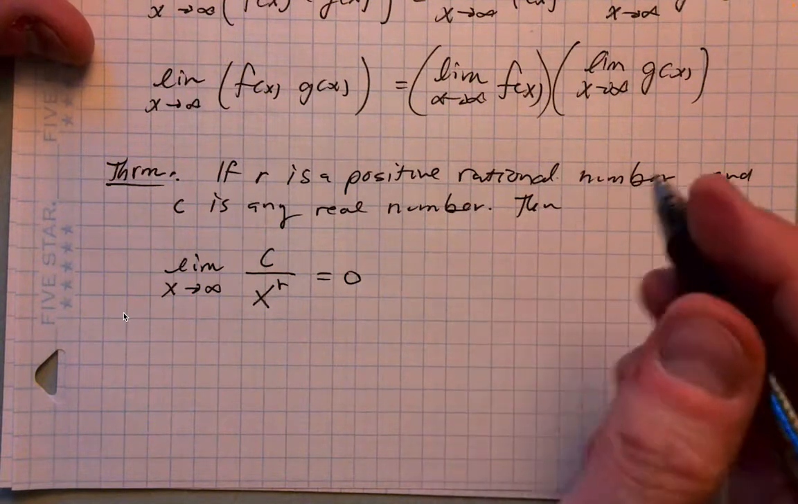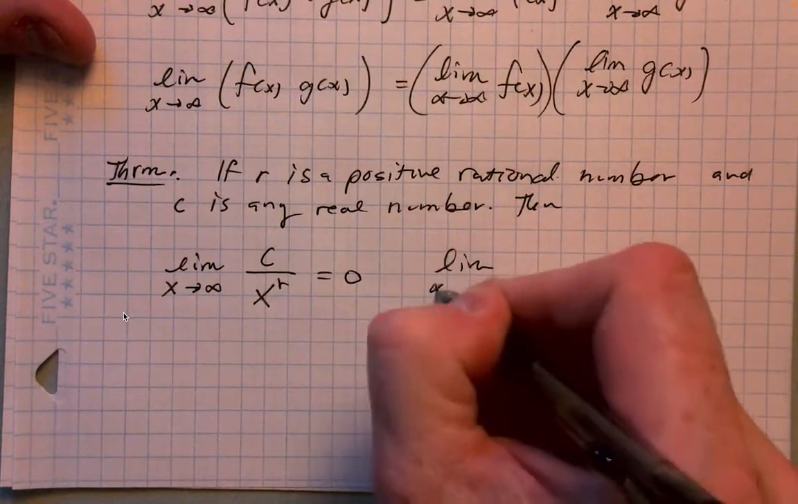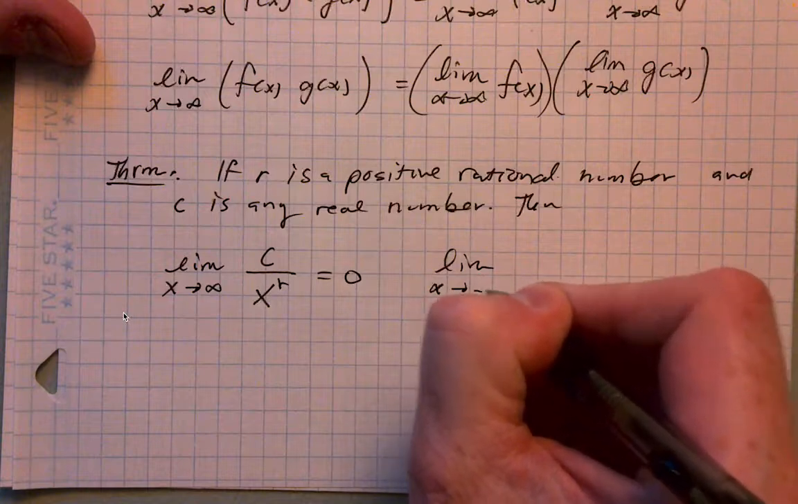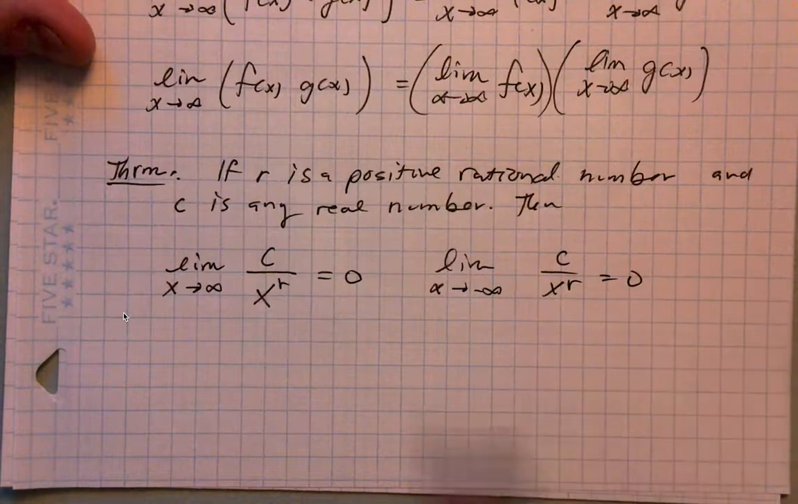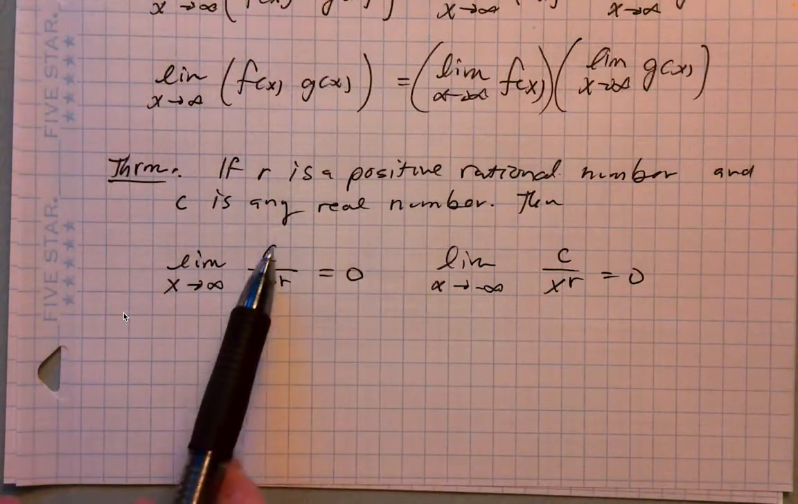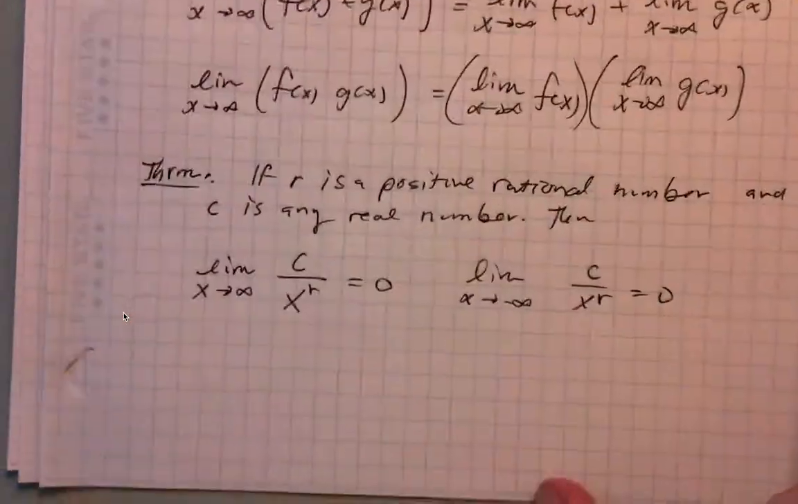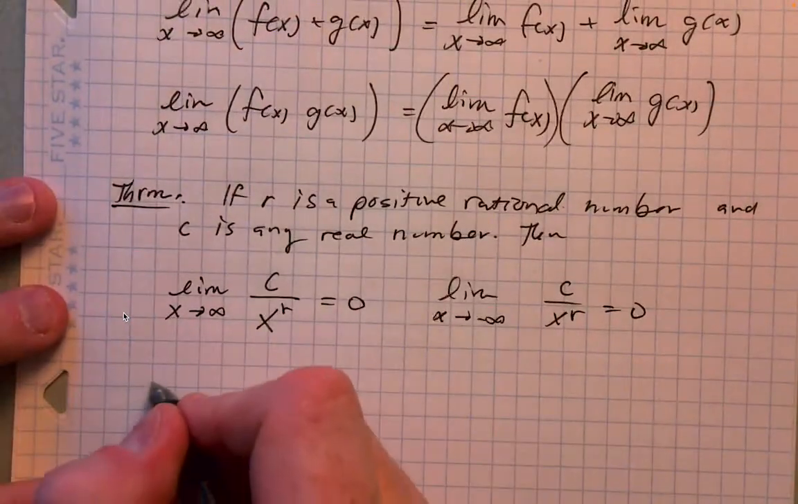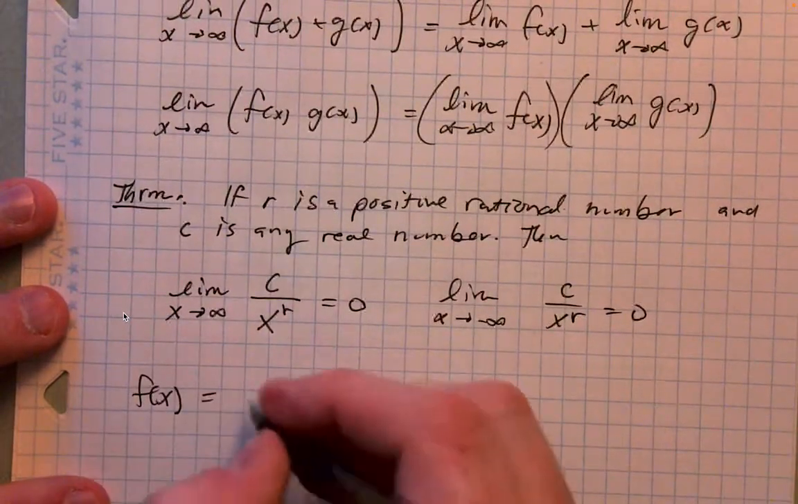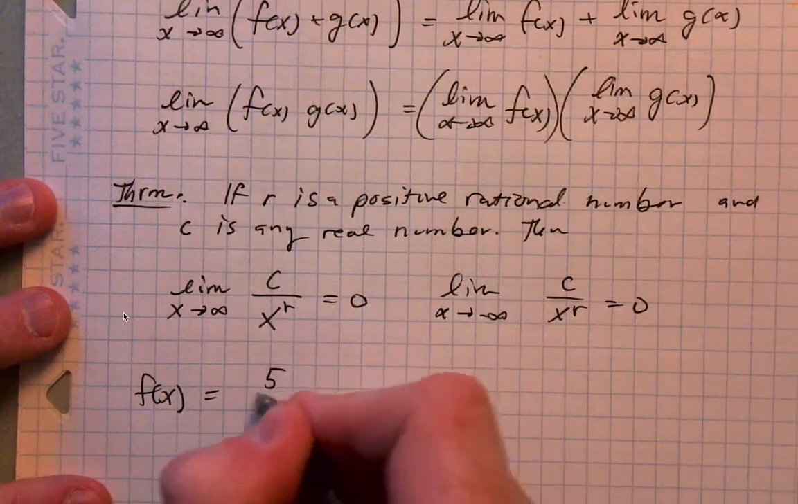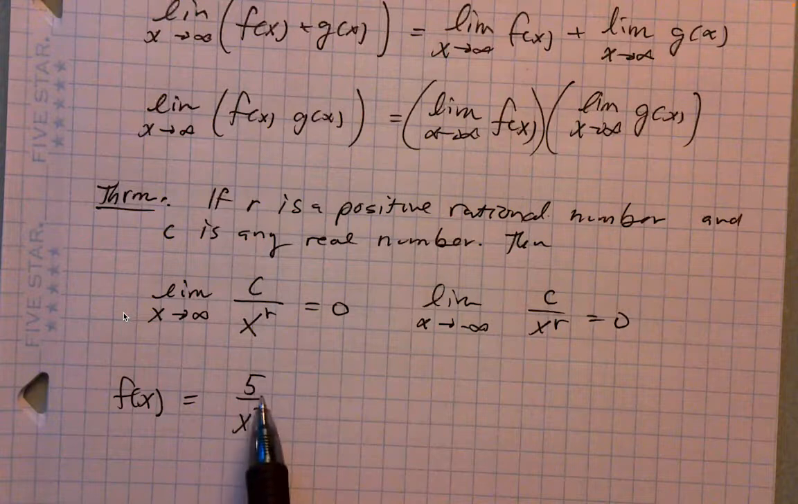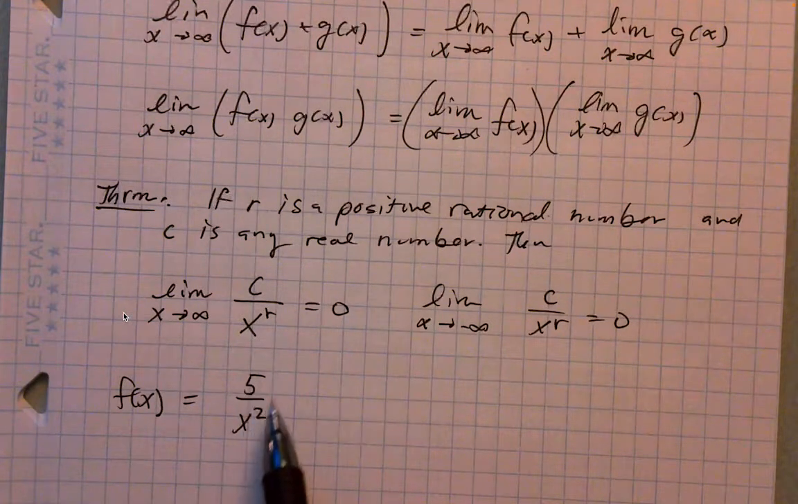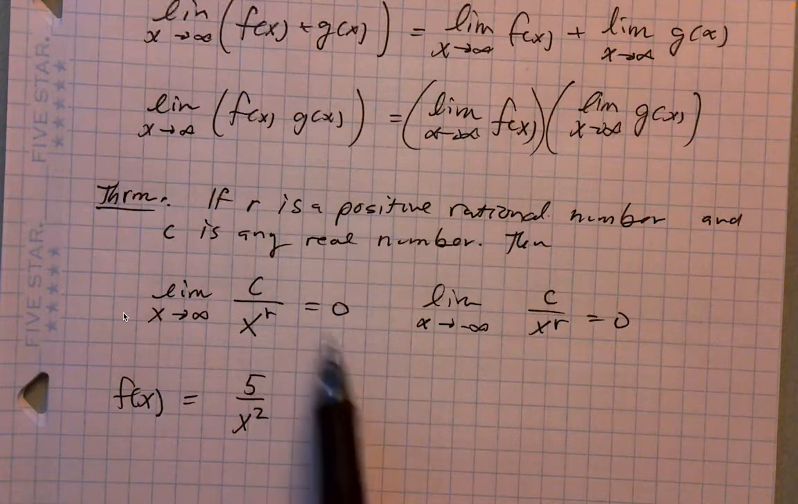Okay, and similarly, the limit as x approaches negative infinity of c over x to the r is also 0, right? So what is this saying? So c is some number, right? So an example function might be something like f of x equals 5 over x squared. For example, 5 is some constant, x is in the denominator, and it's exponentiated, it's squared, and obviously 2 is